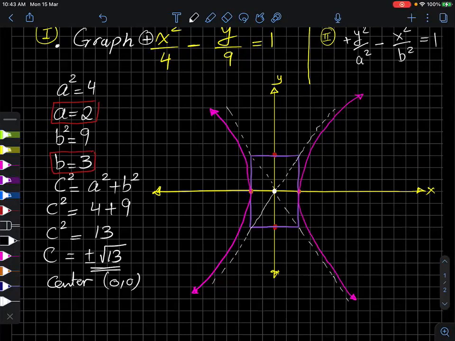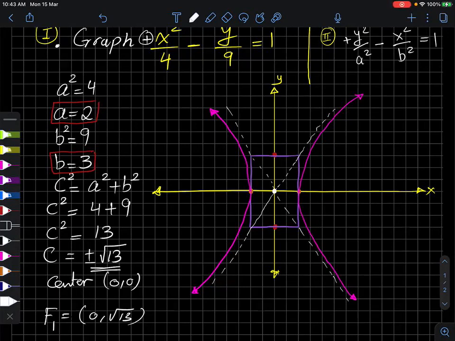What is radical 13? F1 is equal to 0 and radical 13 because my transverse axis is vertical. So we have to plot it